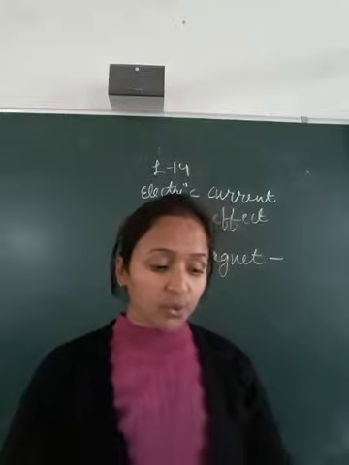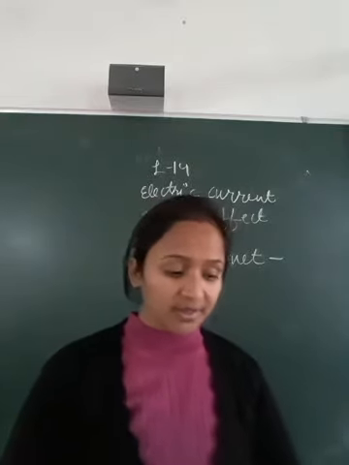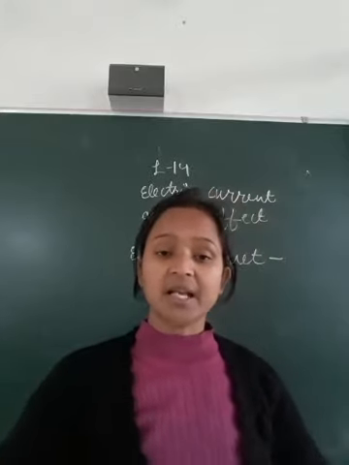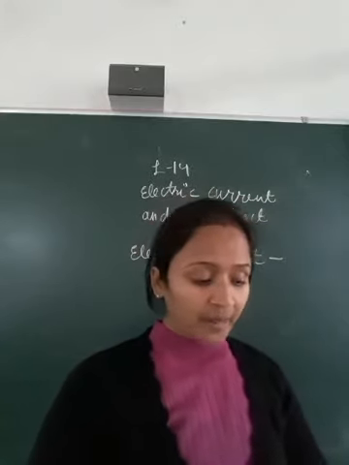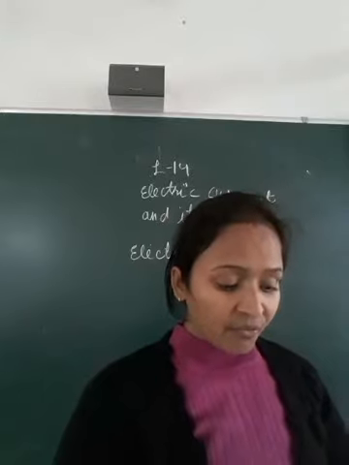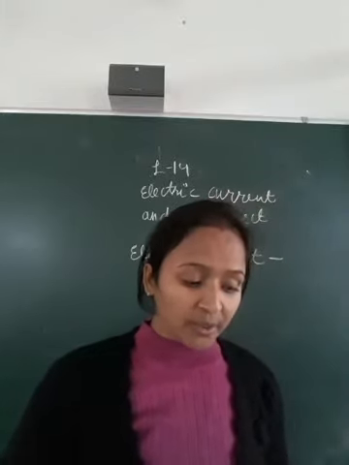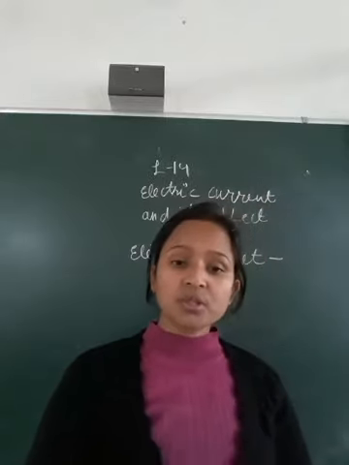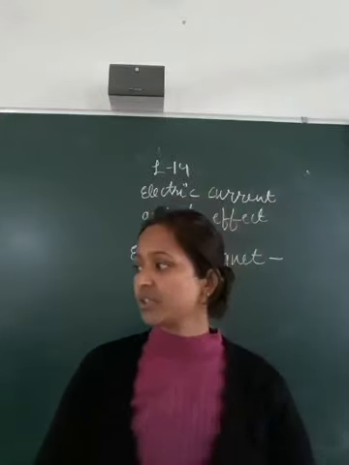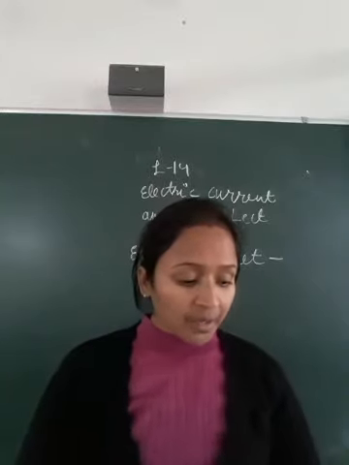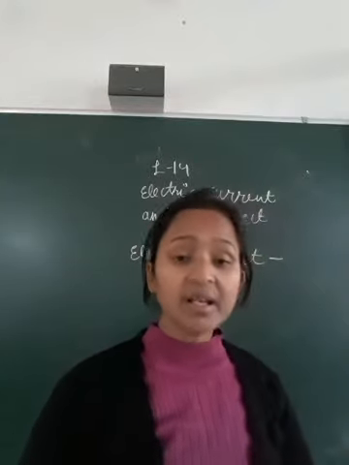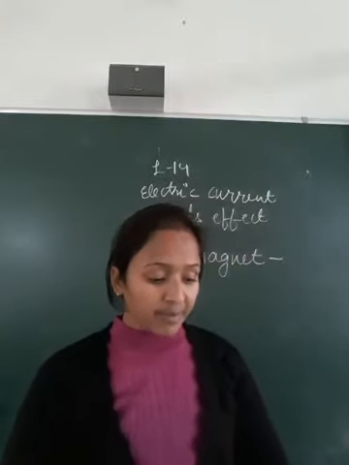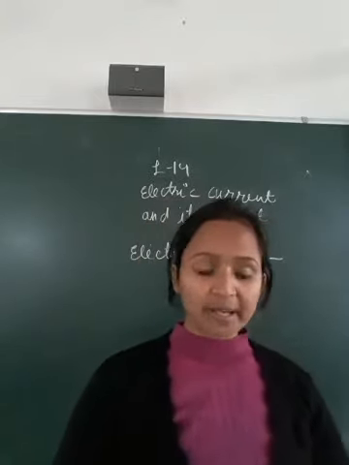A coil with a core of iron nail, or an iron bar which acts like a magnet when electric current flows through it is called the electromagnet. Obviously it will lose its magnetism when electric current is switched off. And what are the practical uses of electromagnets?